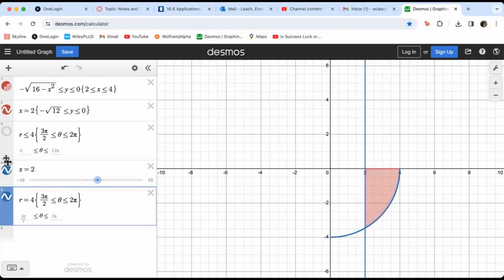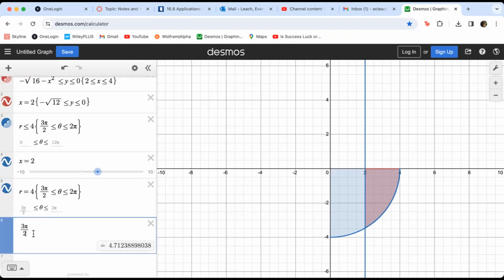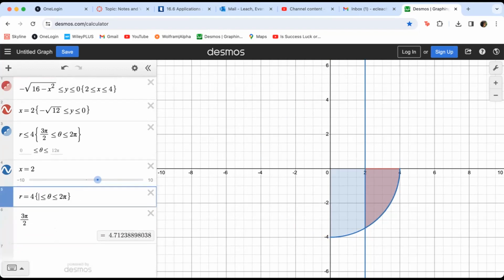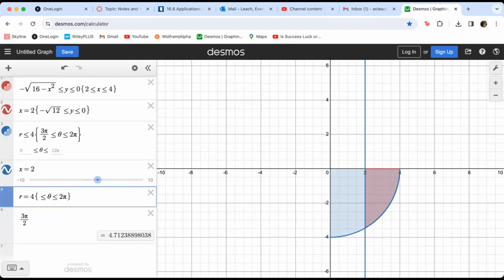So that's just r equals 4. If I start bringing up theta after 3 pi over 2, what is 3 pi over 2? 4.7. If I start bringing this up, that's about where it starts. So if I go up to 5,